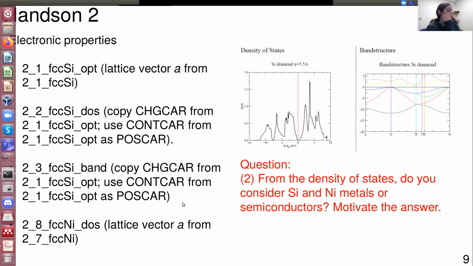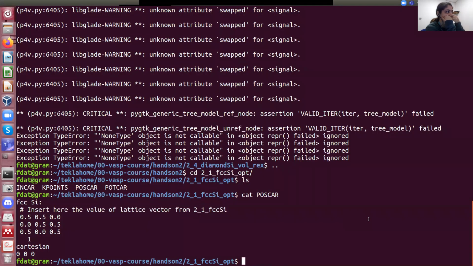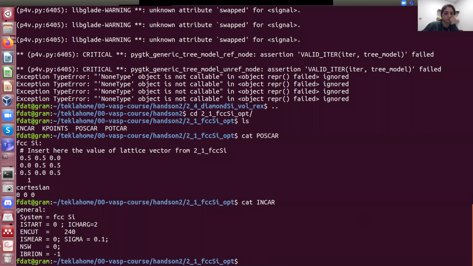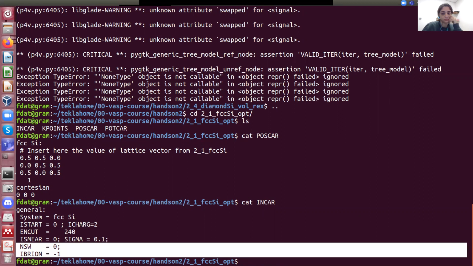And sorry to interrupt. That optimization file, in that case the FCC, has freedom on optimizing the shape. Okay, so that's why we are putting exactly. So the point is, and you see here, because it's doing IBRION -1 and NSW 0, this thing is just an electronic optimization. It's not an ionic optimization. Okay. So here you have your system that is done.